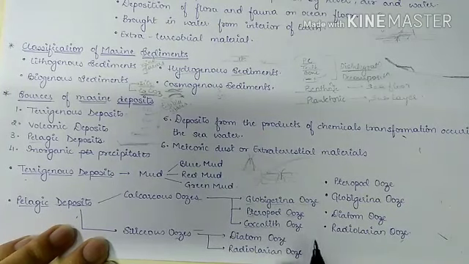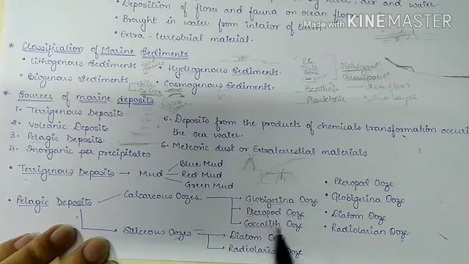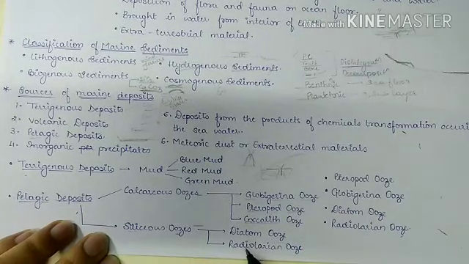Globigerina ooze is found in foraminifera. Pteropod ooze is found in the protective shells of pelagic mollusks, and the coccolith ooze contains a large number of coccoliths and rhodoliths. Okay, and these are found from minute coccolithophorids. Okay,